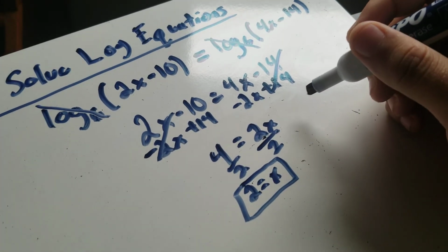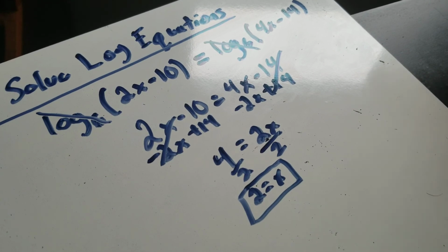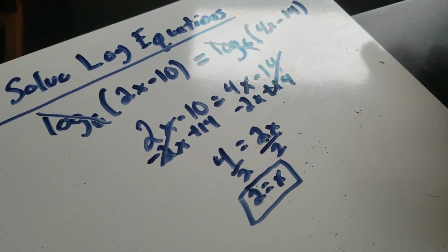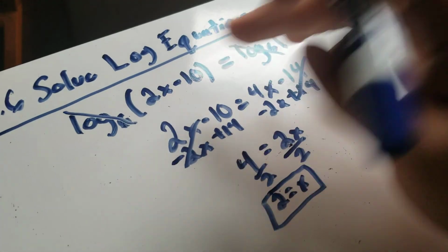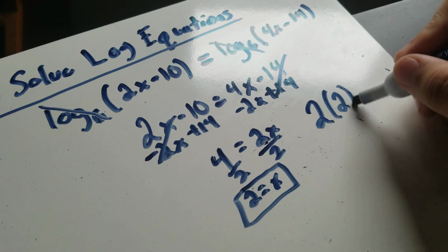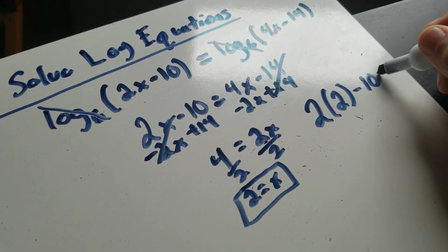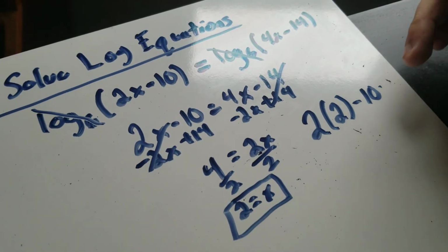The reason we call it extraneous is because it stretched the rules of what's allowed. So technically it would be a solution, but only in an imaginary situation. So I'll plug it into the first one. Again, it doesn't matter which one you plug it in. You should get the same solution. And if you want to check your work, you could just technically plug into both to make sure you got